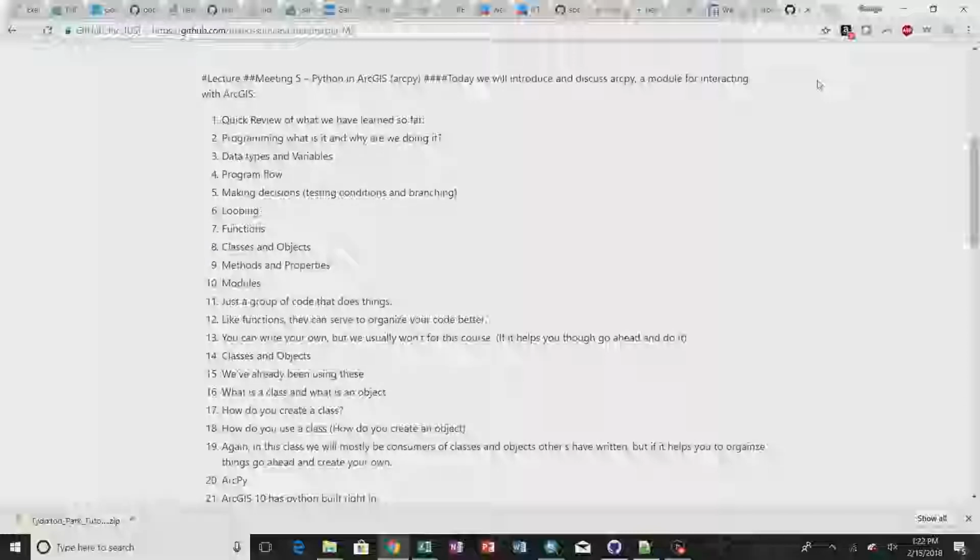All right, so now on to a few things that we haven't really discussed up to this point. So we have what we call methods and properties, which we kind of have discussed. Oh, sorry, classes and objects and methods and properties. Today, when we start interacting with ArcGIS, we're going to be consuming things called classes and objects a lot more. We've done a little bit of this up to this point, but